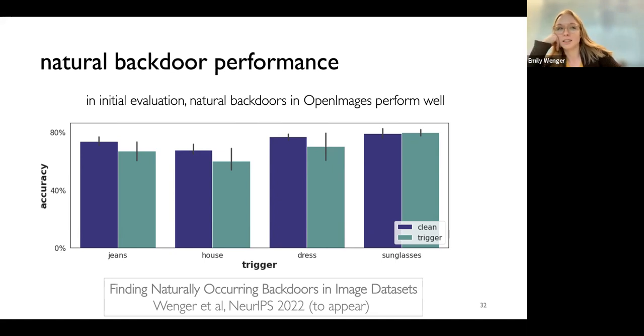I think practically that's a good question of whether portable triggers are better for a real life attack scenario. Like you can't really add or remove a house from an image, but you can add or remove sunglasses. So some of these triggers, the question of what is viable remains outstanding, but practically they work. So it's hard to know what to make of that.